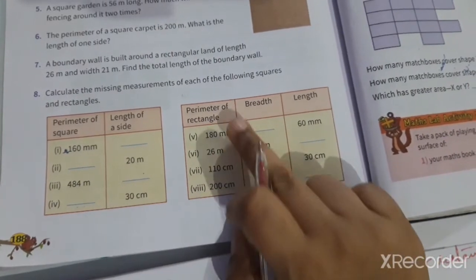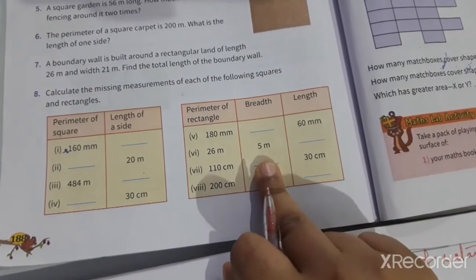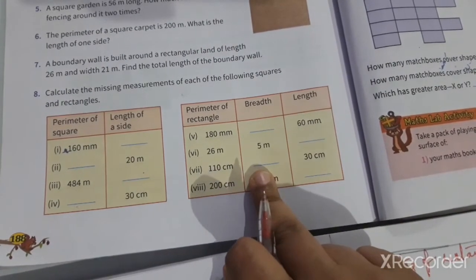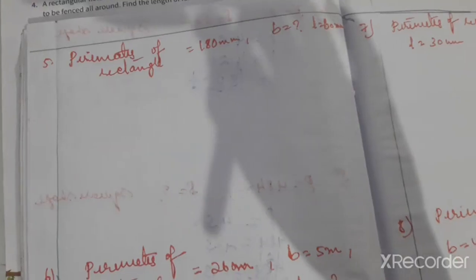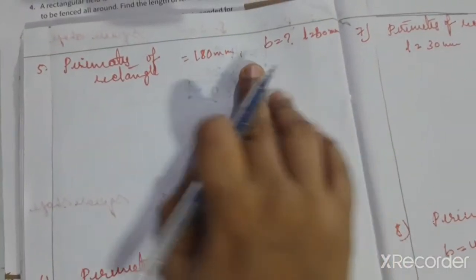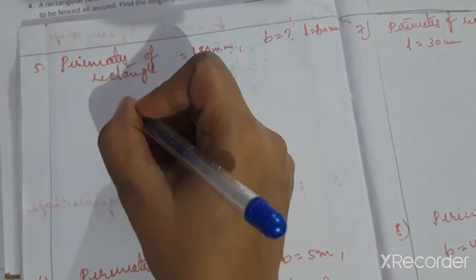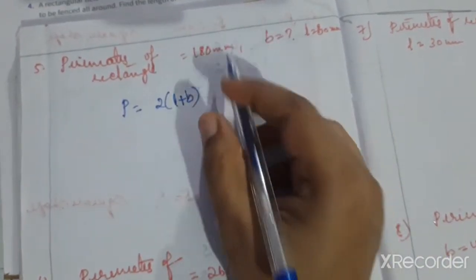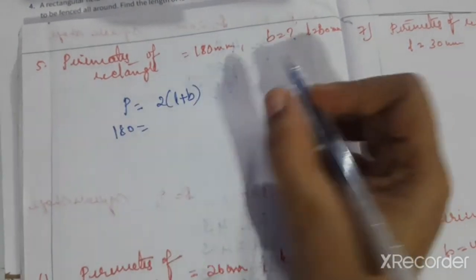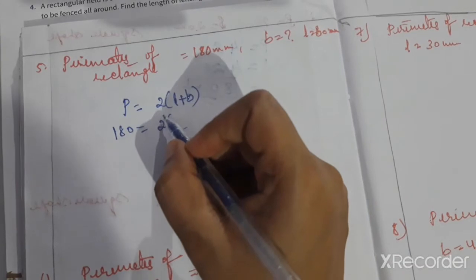Now here, perimeter of rectangle, fifth question. Everything is rectangle here now. Breadth is question mark, length we have to find, then breadth is given, length we have to find; here breadth we have to find, and here length we have to find. Now perimeter of rectangle is 180, breadth is question mark, length is given. Perimeter of rectangle formula is 2 into (L plus B). So perimeter is given 180, 2 into (L value is 60